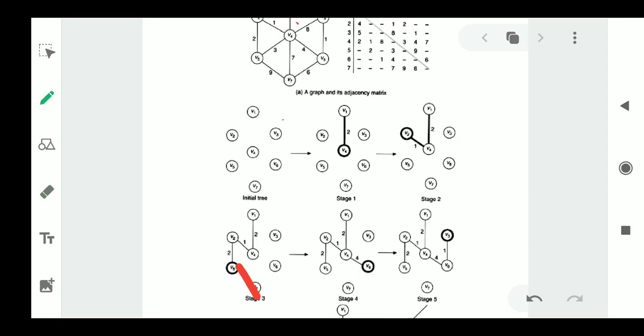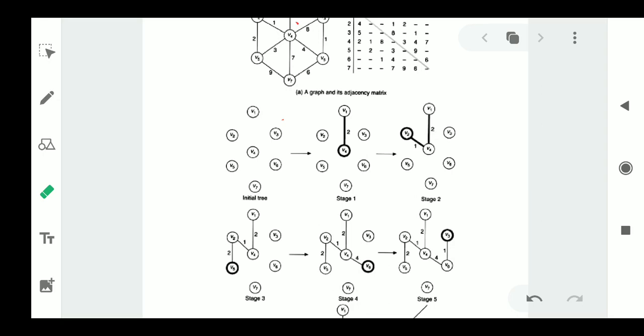And I can connect V5 to V7. But the cost is 9 here. I am not taking the cost 9 here. Why? Because I will compare. I can connect this vertex V7 with either V4 or V6 or V5. I will go for the alternates. Why do I have to take the weight of 9? If I connect with V4, how much will the weight be? If I connect with V6, how much will the weight be? Anyhow, that vertex must get connected to that tree, and that too with least cost. That's why I am checking for the alternatives here. I have not connected V5 to V7 because the cost is high here when compared to the other ones.